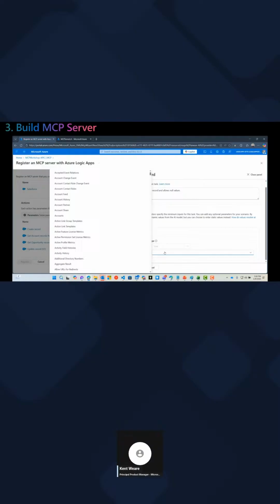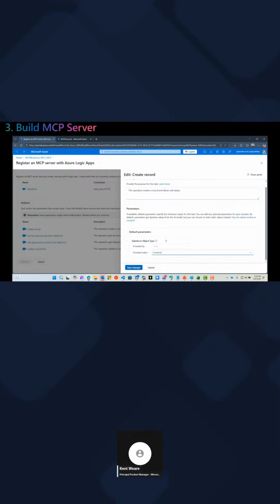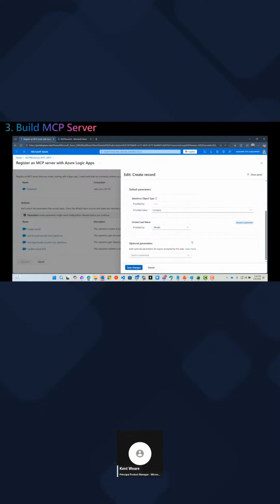Here, we want to basically connect to Salesforce, and we can see all of the different entities that are available. So in this case, we want to have a contact as our entity type. The next thing we want to do is have information that we pass to this particular MCP server. So we go ahead and define that. Now, we've got last name as a mandatory value here, and now we can select other optional values like email, first name, and we'll go with the mailing city.